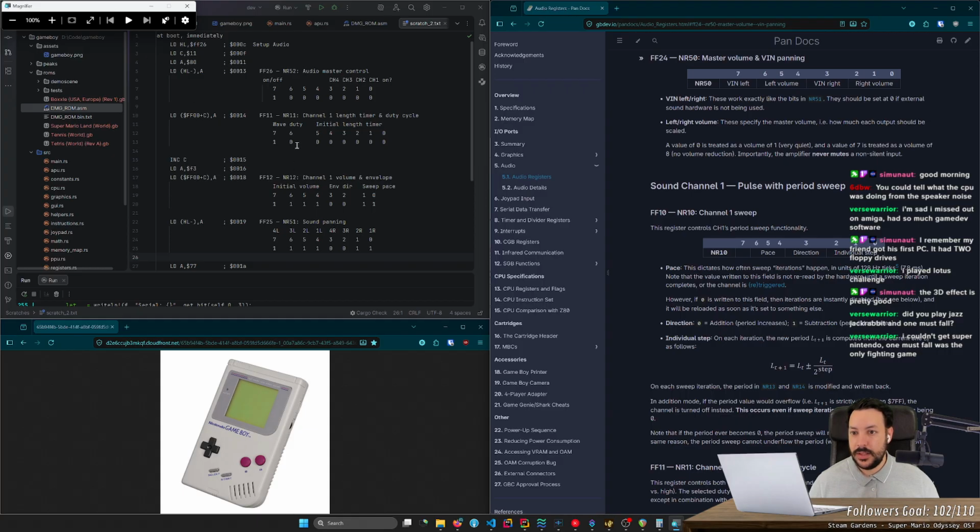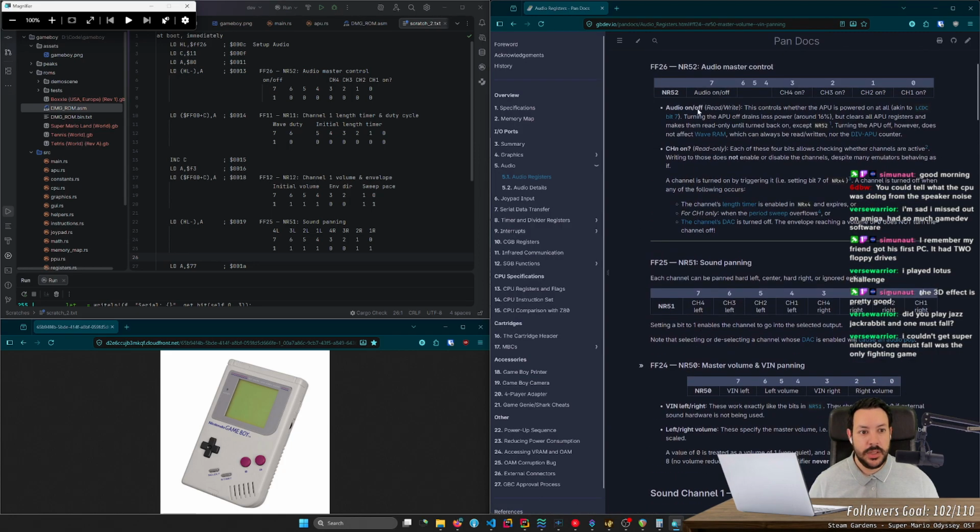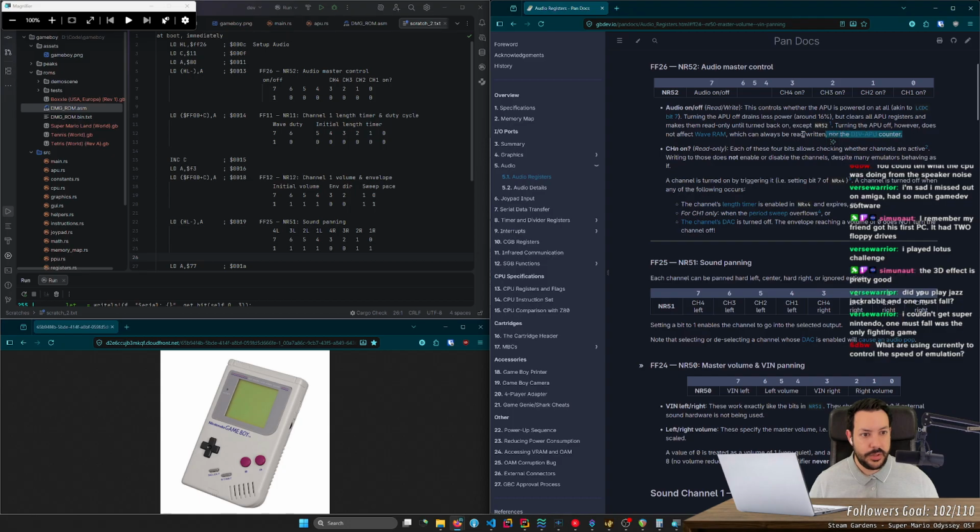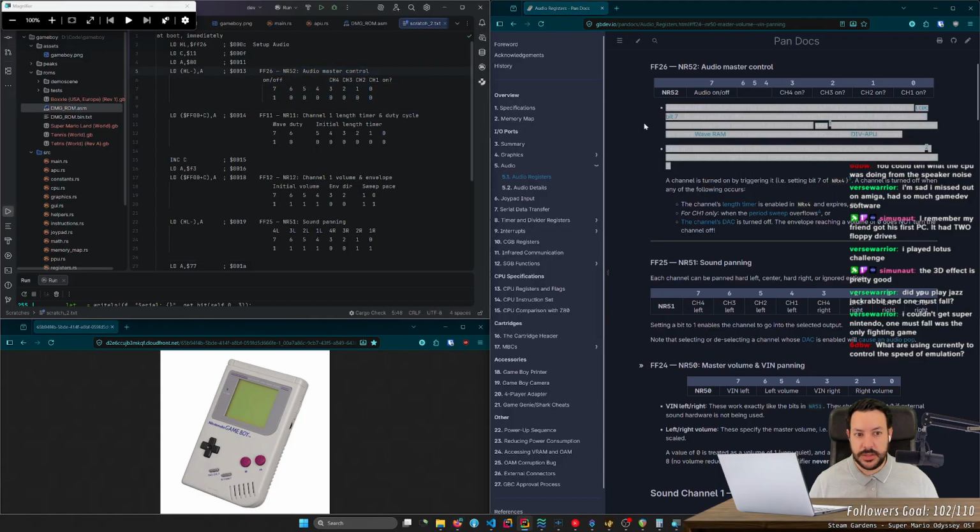Okay. Let's actually try to figure out what this is supposed to do. So here we just enable the APU. Does not affect RAM. Okay, so the div APU counter always runs. Okay, I don't care for this one, because I'm just going to assume that audio here is always turned on.